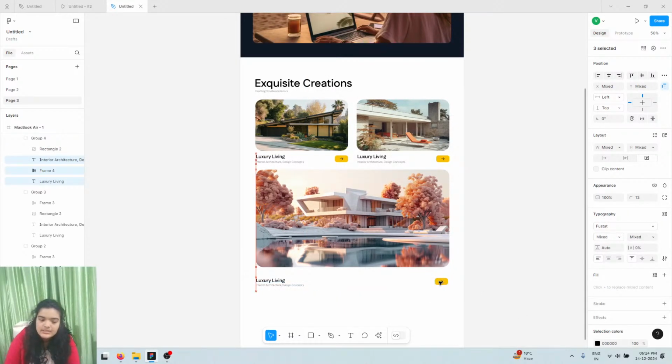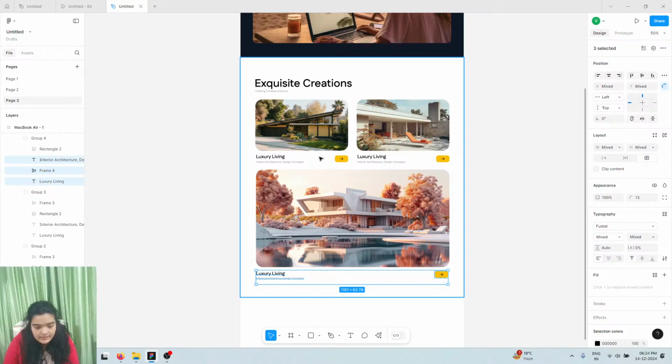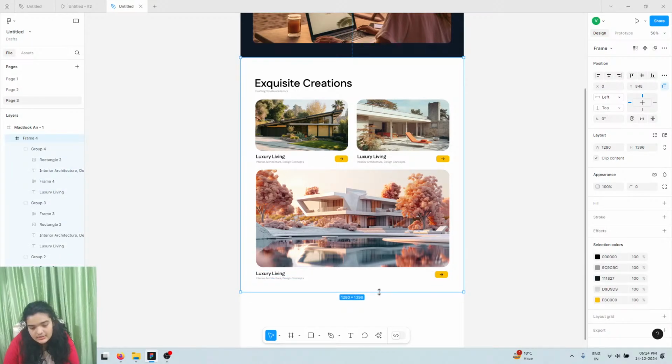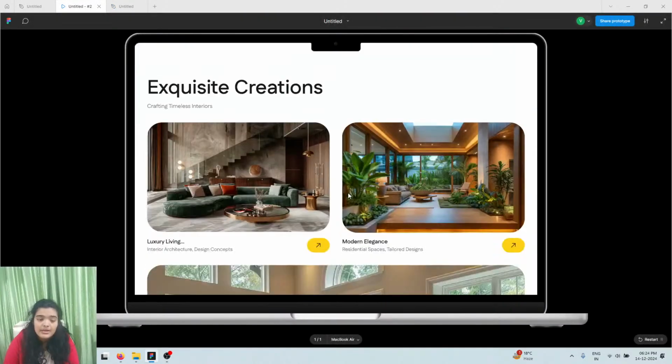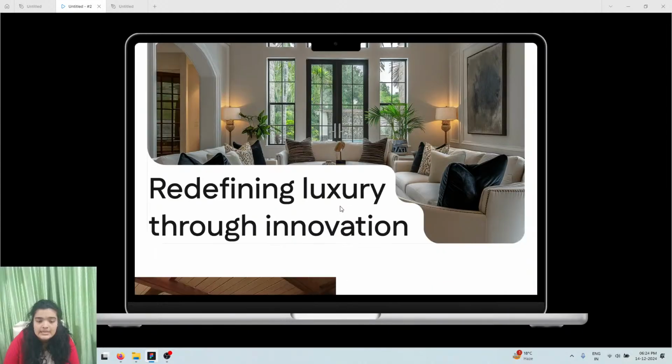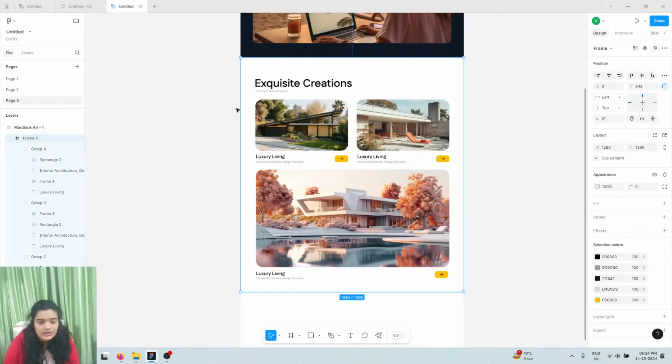And we're going to shift these above once again, just to make sure everything is perfectly centered, spaced apart, works well. Alright, and with that, our third section is also complete. The next thing that we're building out is obviously this section. Let's just create a frame